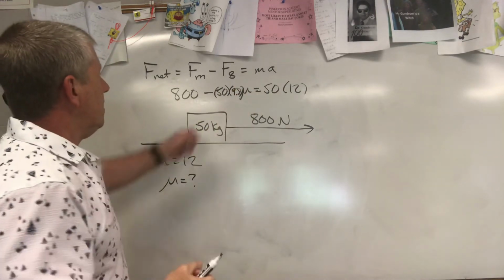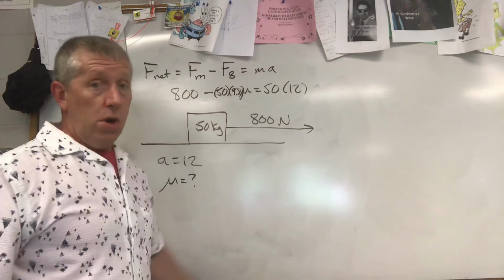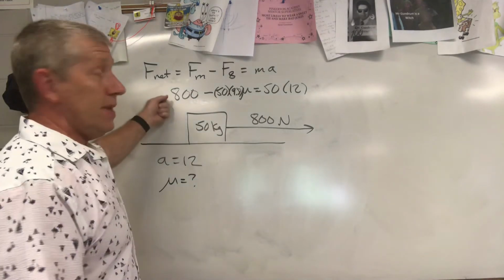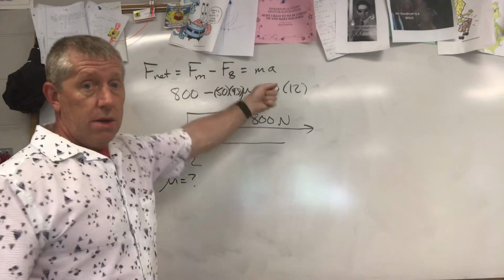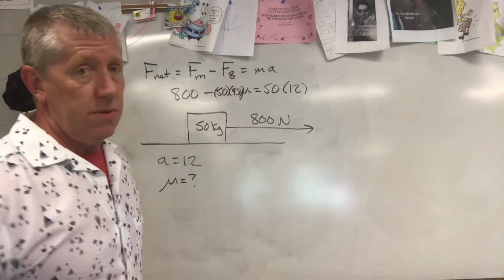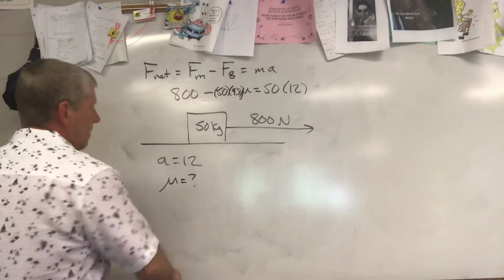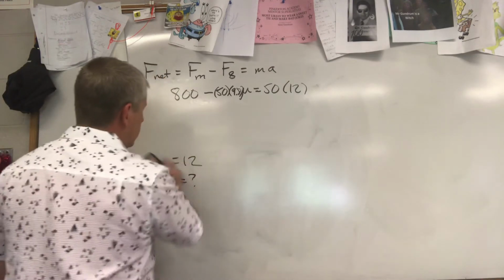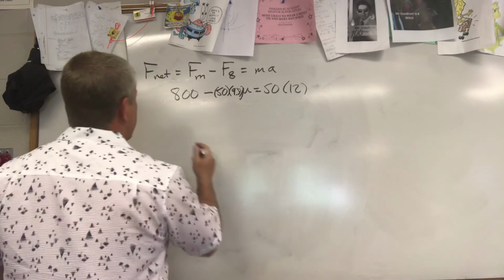Now some of you might say, oh, the 50s cancel. They're on both sides of the equation. No, no, they don't, because you don't have a 50 here. If a 50 was here, all three parts, yes, it would cancel. It doesn't cancel, so don't cancel it. All right, let me get rid of this. Let's solve our equation. It's going to be 800